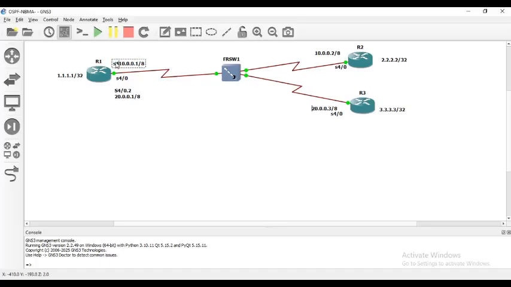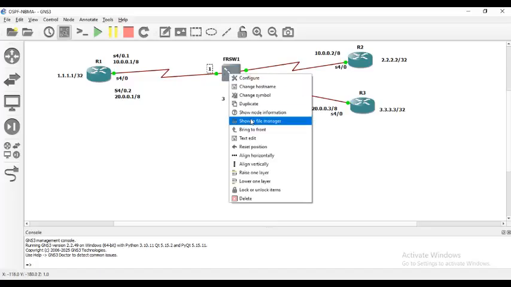So I'm going to remove the frame relay that we put to make it full mesh. It's not needed. Okay, it is already in use. I cannot remove it. Doesn't matter. Let it be there. But we want now point to point. So I'm going to start from here